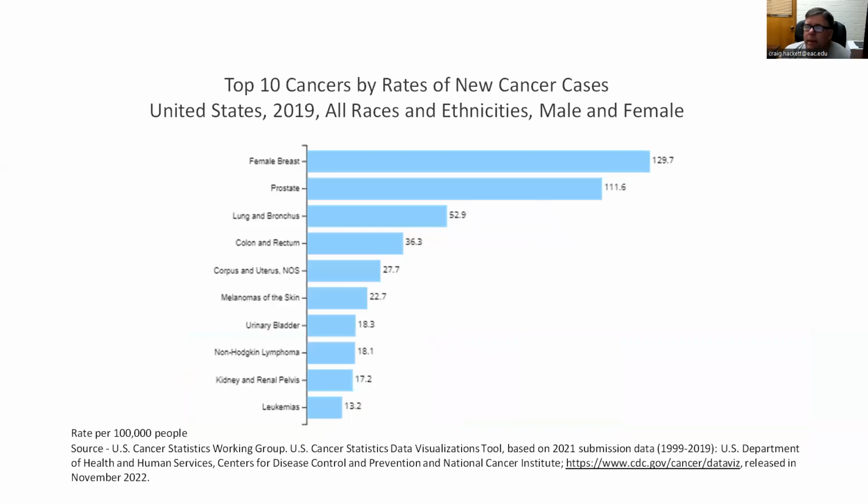So here are those slides I was talking about. These are the top 10 cancer rates of new cancer cases. You can see breast cancer is 129.7 per 100,000 people. You just have to do a little bit of math. If we're talking about 1 million people, just add some zeros. You can see where they line up though, right? Female breast cancer, prostate, and then here's your lung. A lot of new cases for breast cancer and prostate cancer, but people tend to survive them, because lung cancer is still killing more people than any of the other cancers. Then you have colon, and it works its way down from there.